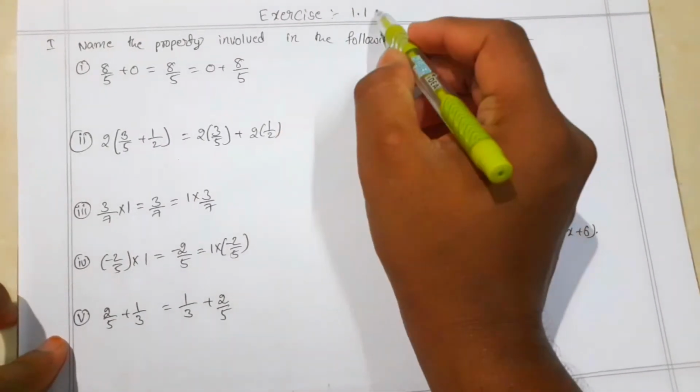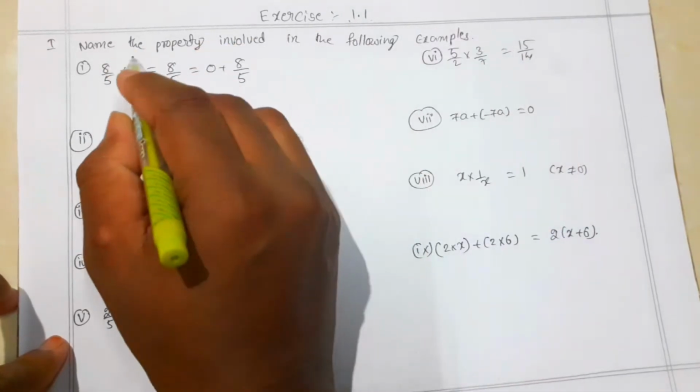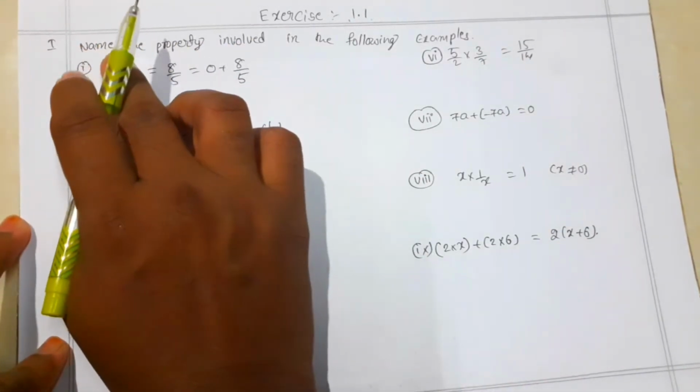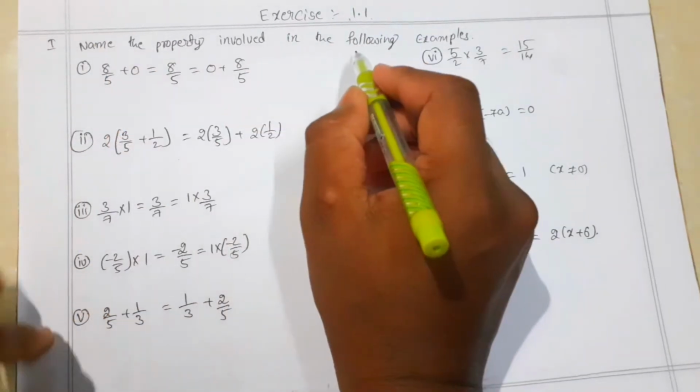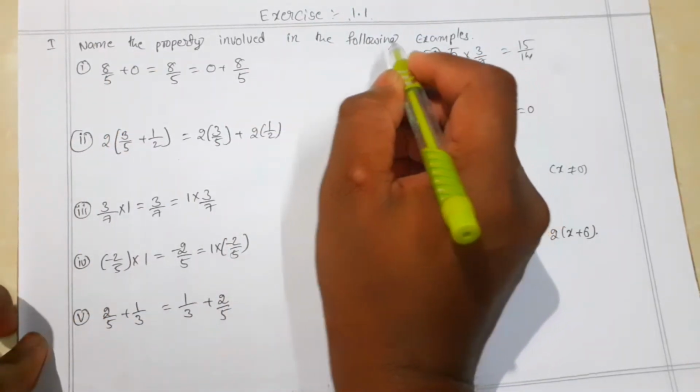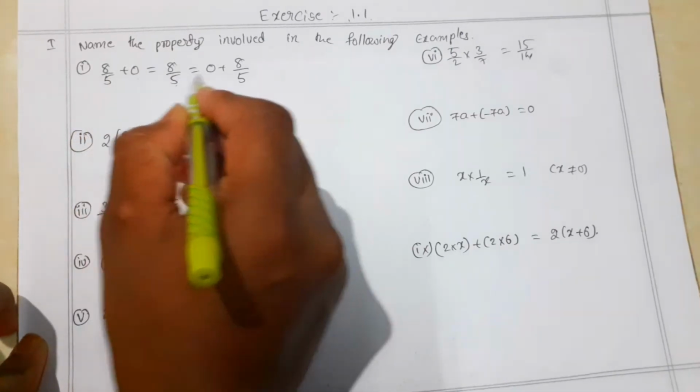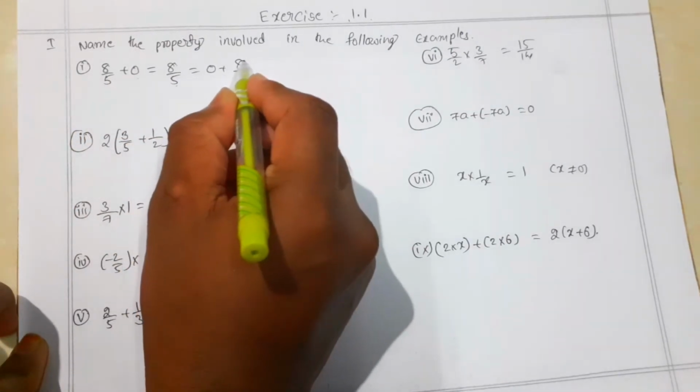Today we are going to discuss exercise 1.1 of our rational numbers chapter for class 8. Let us observe the question: name the property involved in the following examples. First one, 8 by 5 plus 0 is equal to 8 by 5, which is equal to 0 plus 8